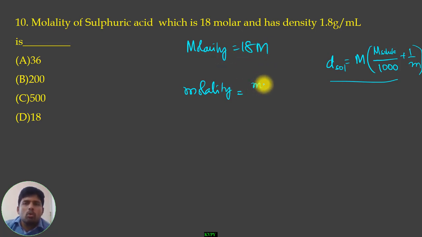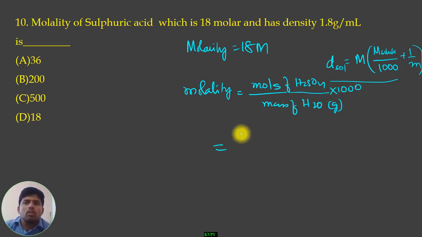So we need moles of H₂SO4 divided by mass of H₂O into 1000. So this should be in grams if it is multiplied by 1000. So if I take 1 liter of solution, then 18 moles will be the number of moles of H₂SO4,